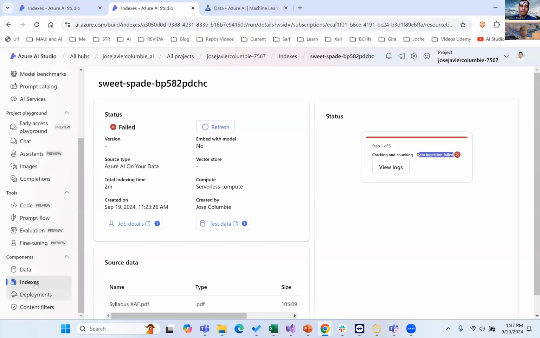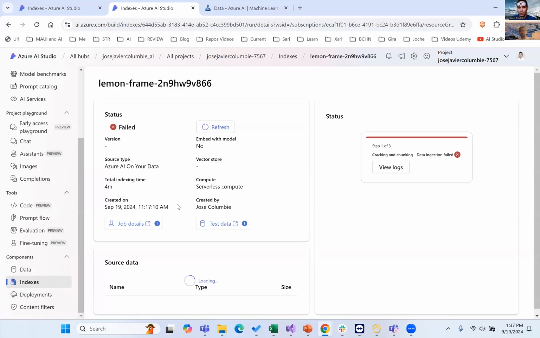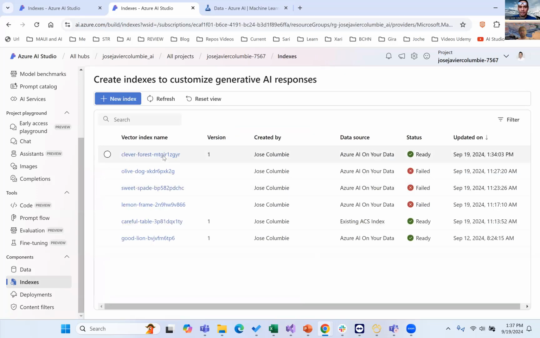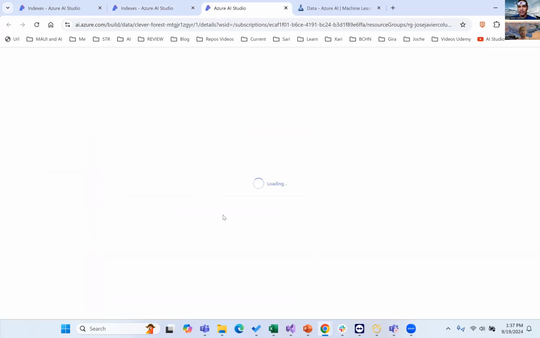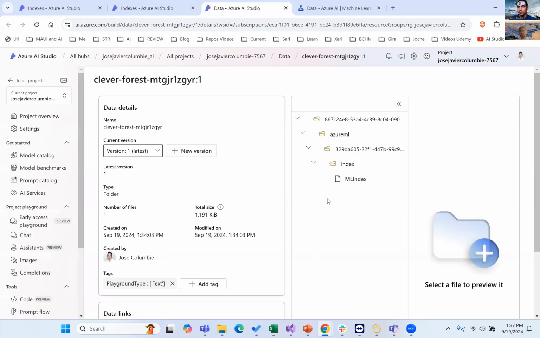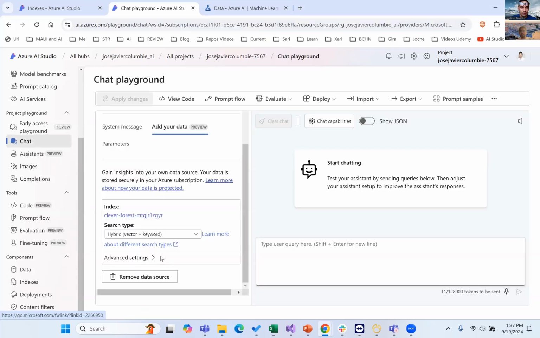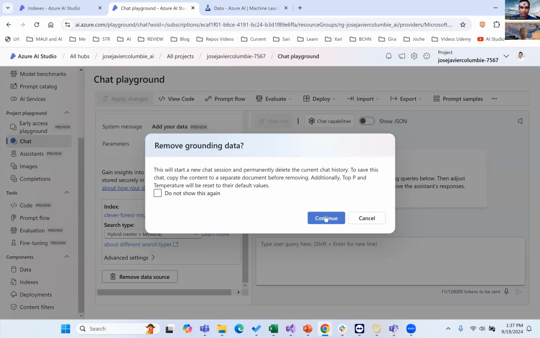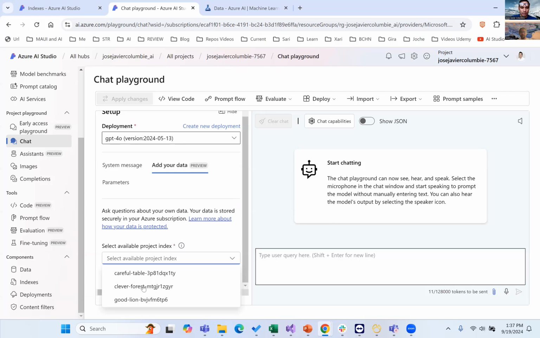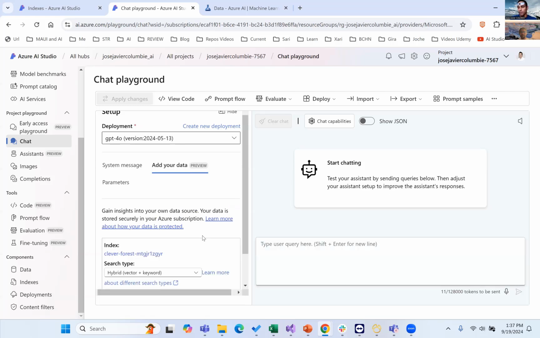So I did the same things again, nothing different. We just create a new index, and in that index, I add from the blob storage the data that we were trying to create an index and a vector about. So if I go to the chat and I go to add my own data, I have here the clever index that we can remove so we can see it. This is the index that we just created, and as you remember, it was about the syllabus of XAF. So now, if I say,